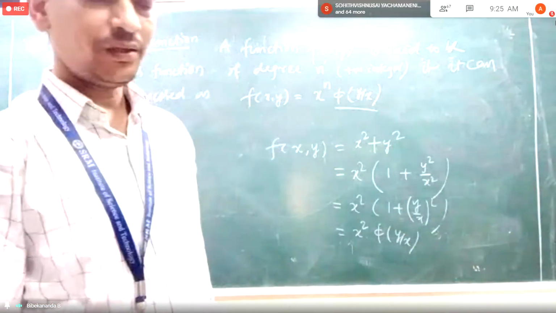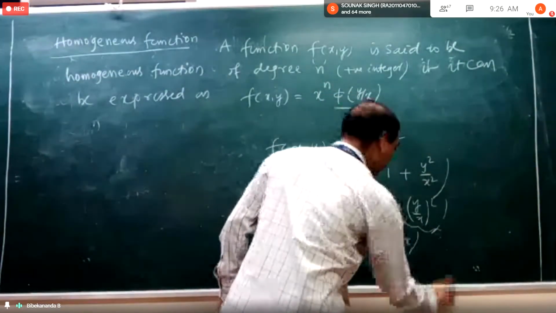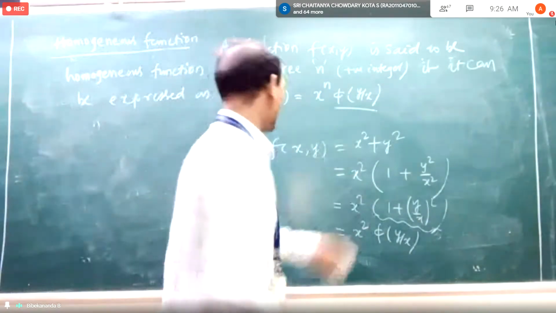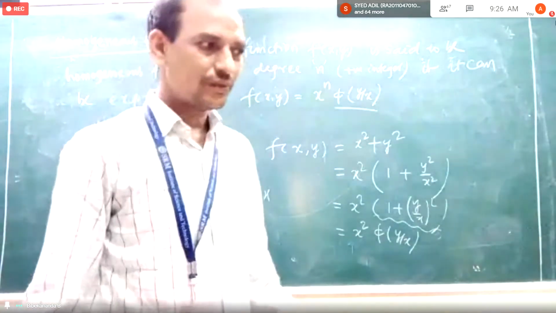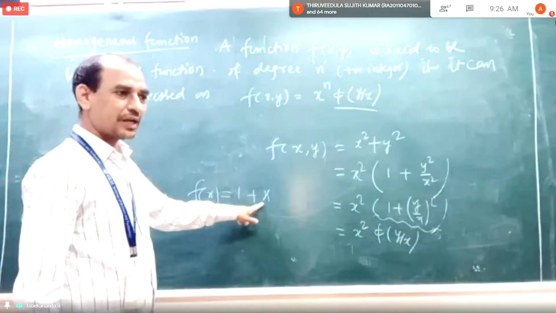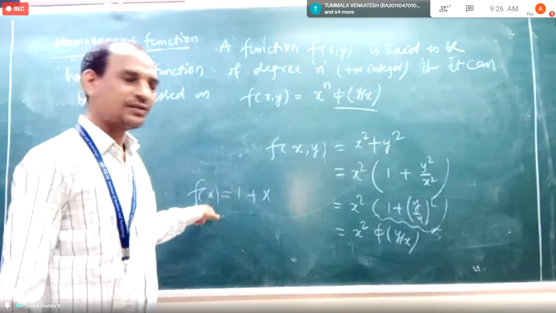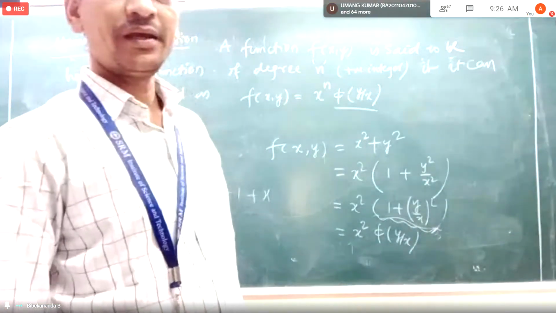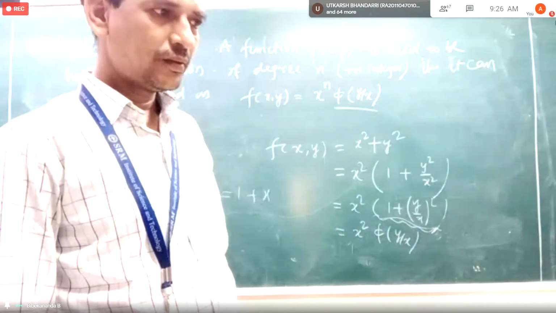Is it clear to everybody? Yes. So you see this part. After taking x square, the remaining term should be in the form of y by x. This one is there, so we can say 1 plus x. This is equivalent to f of x, no? Yes or no? If I say f of x equal to 1 plus x, that means this one is also included in the function. In the similar way, this total term I can denote as phi of y by x. Please tell me whether everybody understood. Yes, sir.